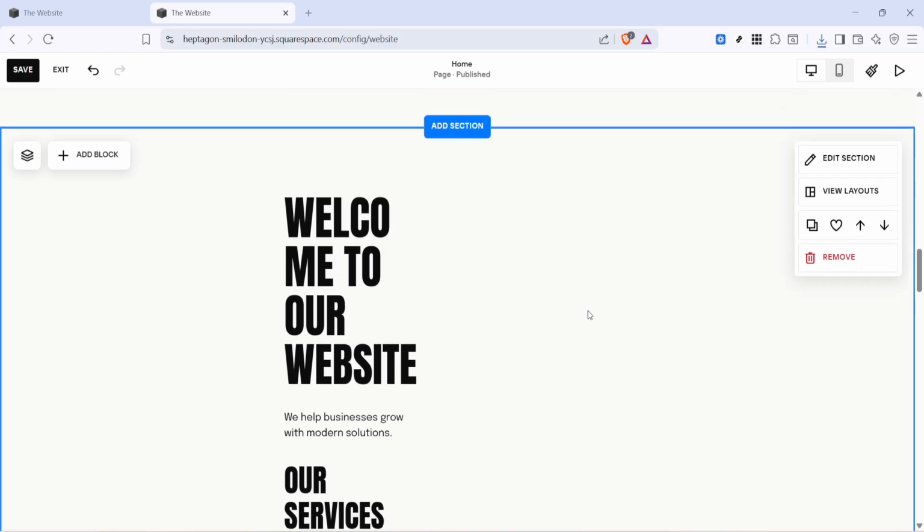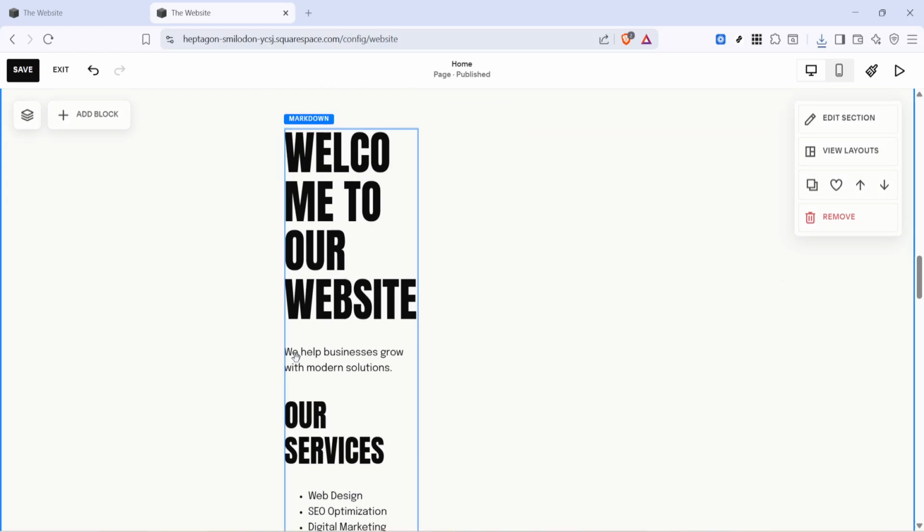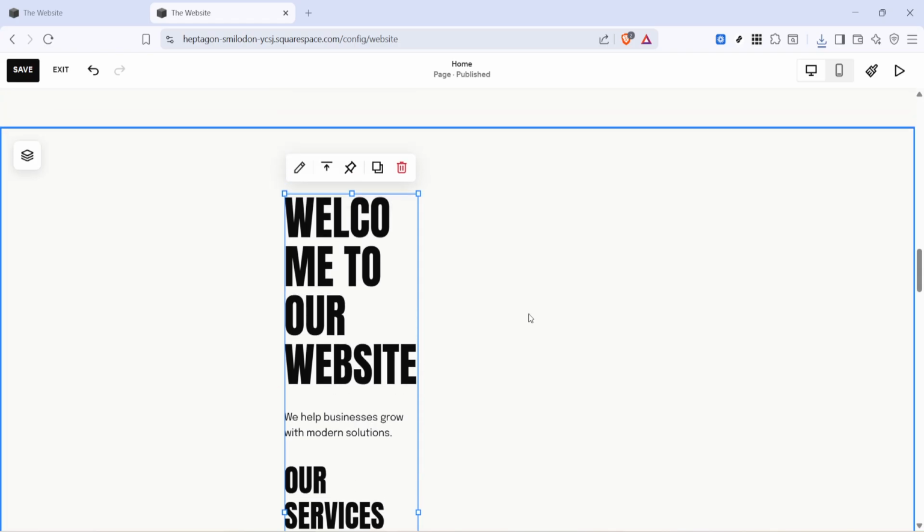markdown styling options. To begin, go to the page where your markdown block is located and click directly on the markdown block. This selects the block so Squarespace knows which piece of content you want to work on. If you have several blocks on the page, this is an important first step because it ensures you're editing the correct section. Take a second to confirm that the block you selected is the one you want to customize before